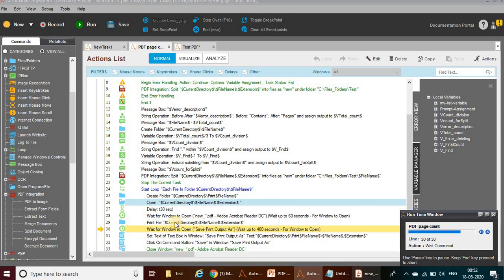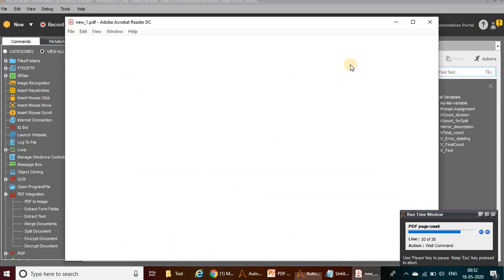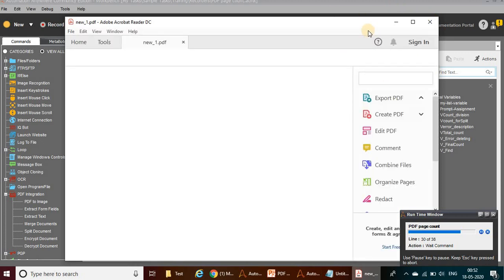Now it has printed the PDF document. Next, it is waiting for the save as prompt. So once the save as prompt is ready, it will move to the